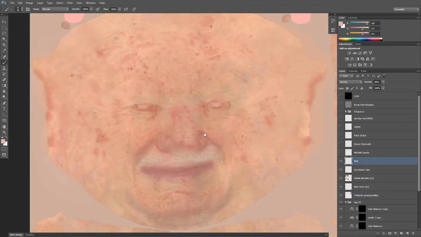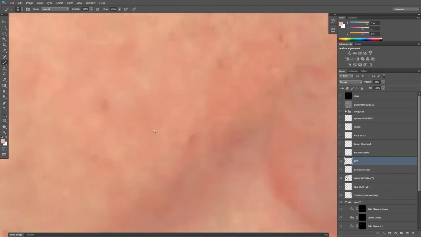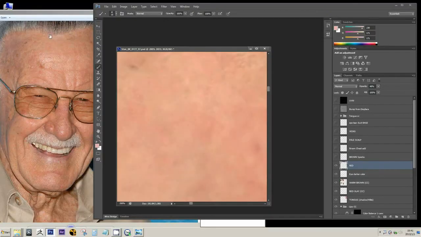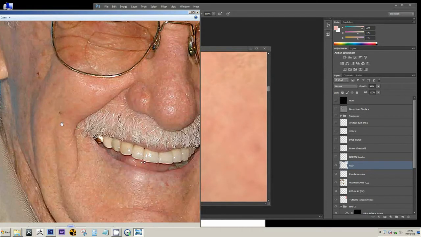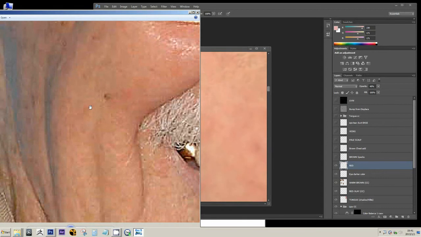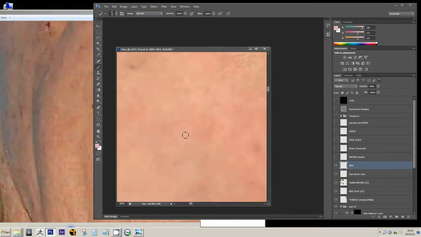Okay, some redness here and there. As you can see, it doesn't have to be sharp. Actually, if you make it sharp, it looks not realistic. So see how, for example, this red blemish here,